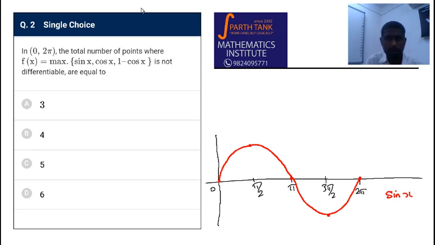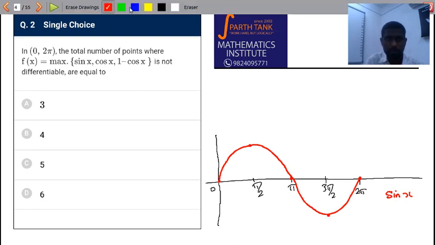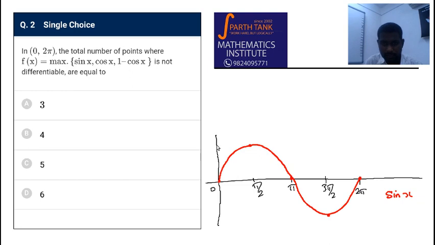Now let us see how cos x would look. Now cos x starts from 1. When x is 0, cos x is 1. When x is 90 degrees, cos x is 0. At 180 it is minus 1, at 3 pi by 2 it is 0, and then 1. So it is the same as sin x, but 90 degrees in advance. The values that sin x takes after 90 degrees, cos x takes earlier. Now let's go to the third one.